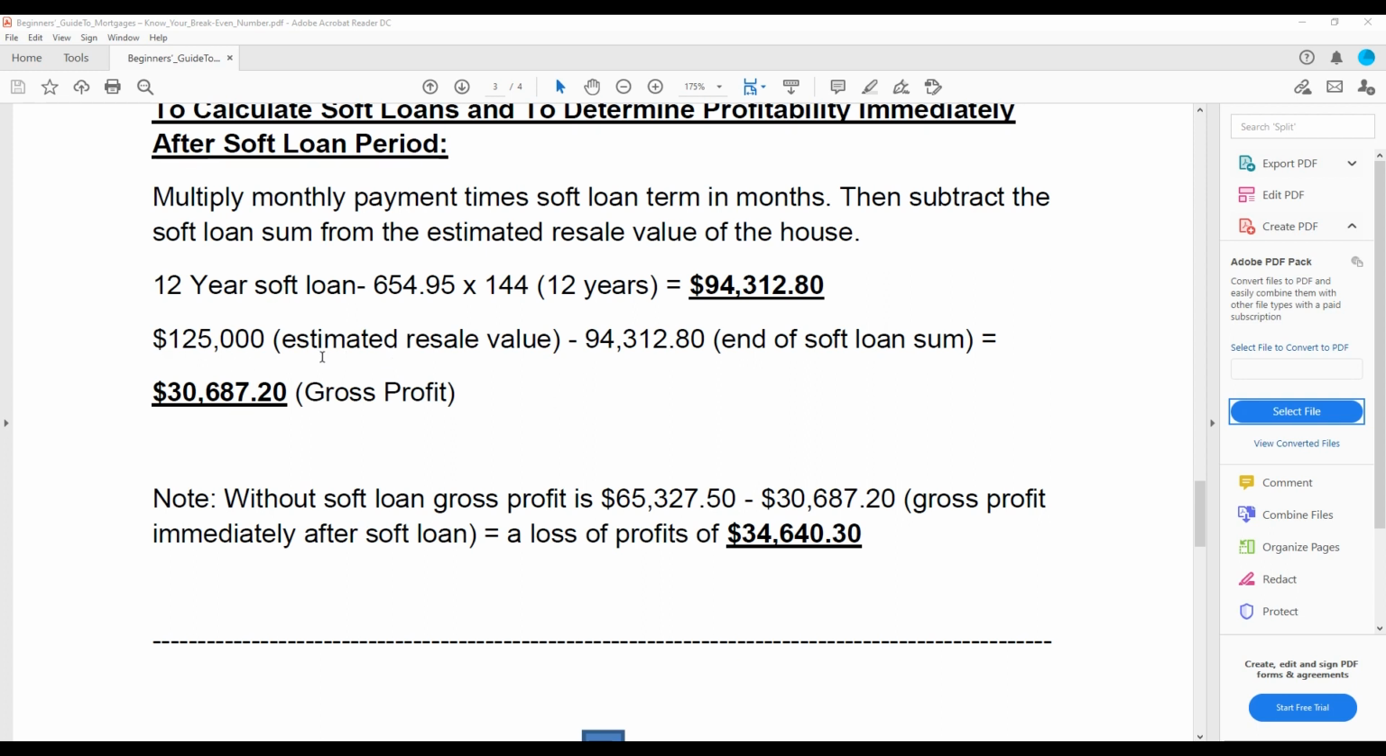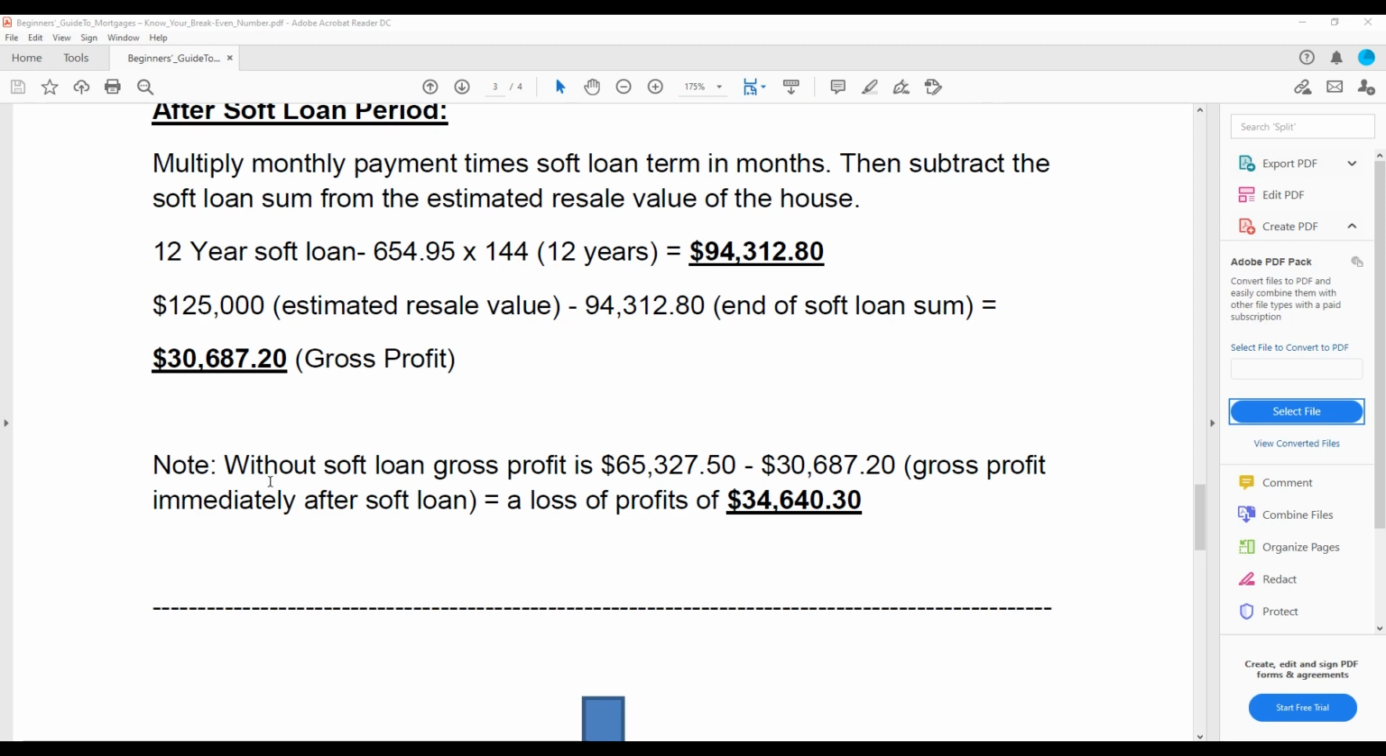$125,000 with the estimated resale value minus $94,312.80 at the end of the soft loan sum, you would now have an estimated gross profit of $30,687.20. Without the soft loan, the gross profit is $65,327.50 from our previous calculations, selling at the break-even year. When we subtract the $30,687.20 right here from the soft loan,